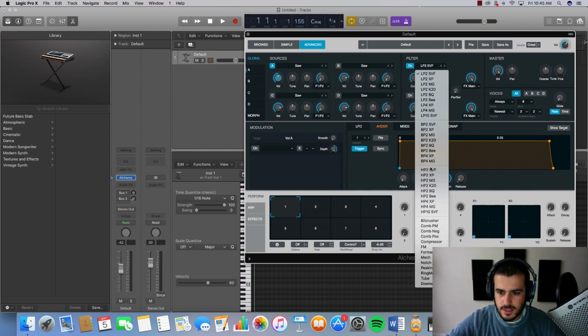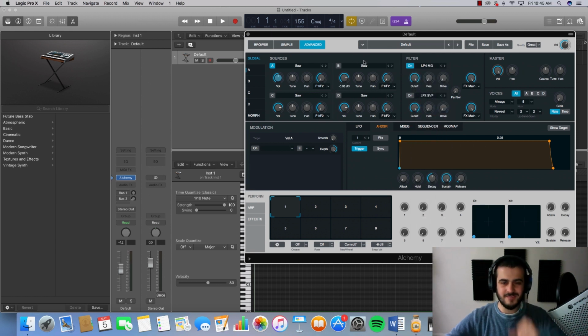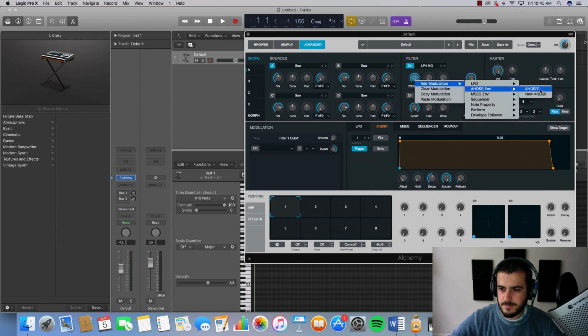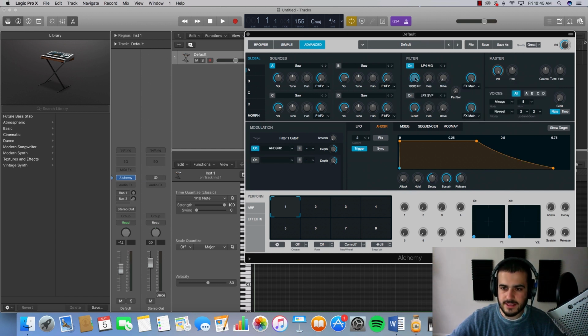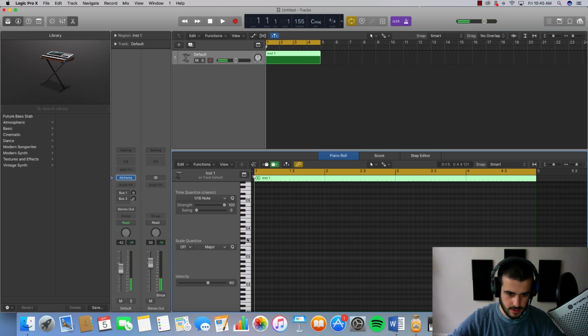I'm gonna make a little sound here. I don't know what any of this is. I'm gonna use Alchemy today because it looks like a lot of you have requested that I use Alchemy more, and I really would like to do that. Alchemy is not my favorite synth, but I do want to use it for you guys. So let's do it. I'm going to add this to a new ADSR, and then close it up like that. I'm going to pull down that, and then we should, if I did this right, get a nice pluck.